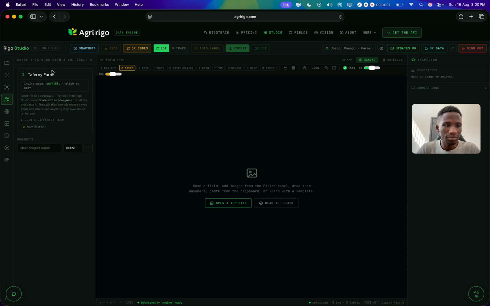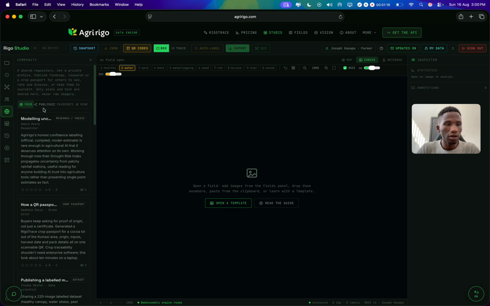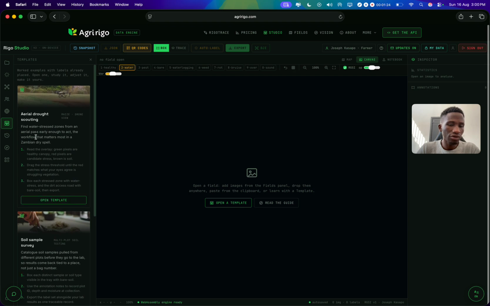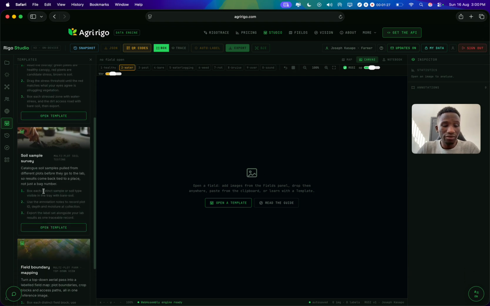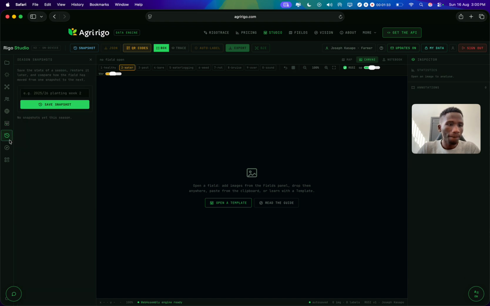I like to call it the colleague space, where you could invite people within the workspace. We also have the community space, where you could share your public findings. We also have the template section. You could work with templates such as the aerial drought scouting or the soil sample survey. You could also work with field boundary mapping, and all that's within Rigo Studio. This is seasonal snapshots. I will deep dive into the different sections in the left sidebar, but I just want to do a quick walkthrough so that you could have an idea of what